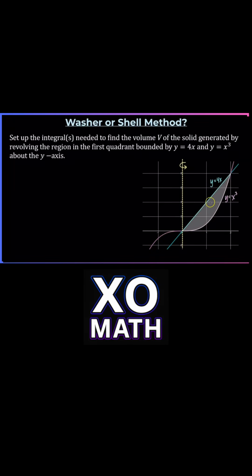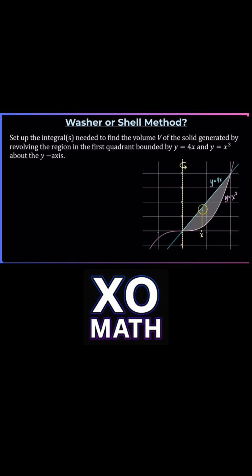Let's visualize taking the region and rotating it around the y-axis. For this example, I would say the washer and the shell method have about the same level of difficulty. So let's start by visualizing a sample shell. I went ahead and picked a sample x value on the interval from 0 to 2 to draw my shell